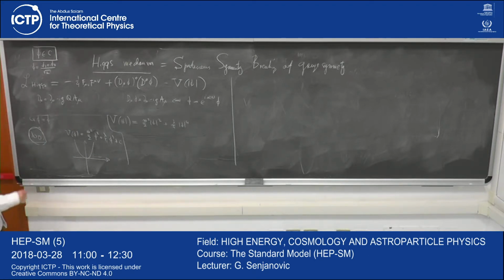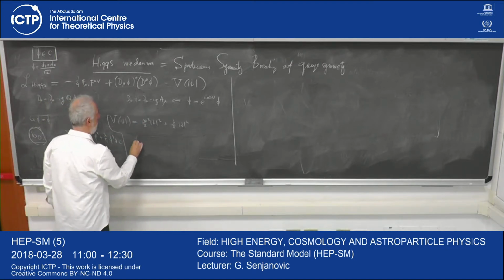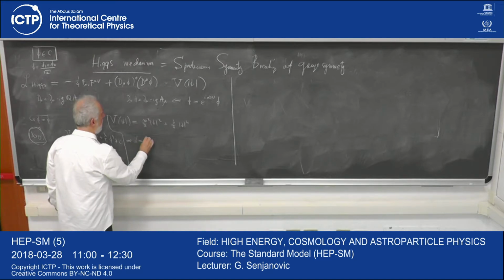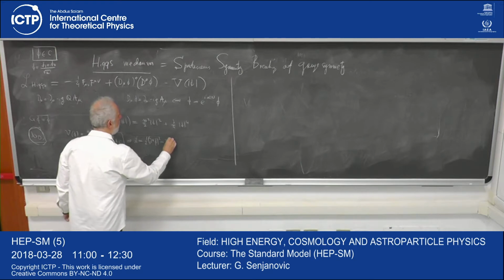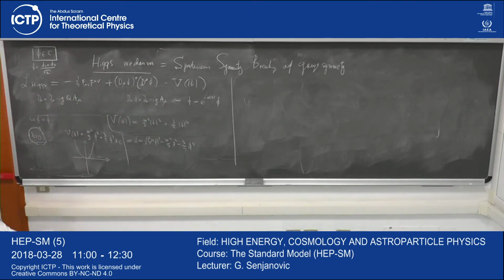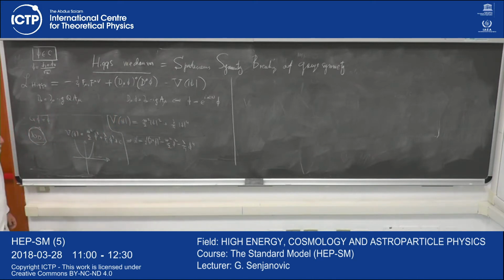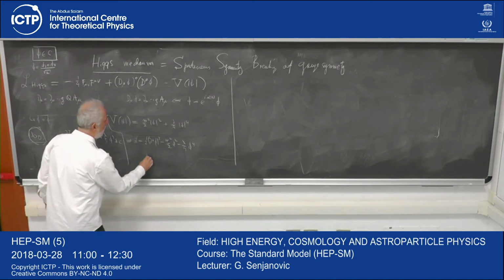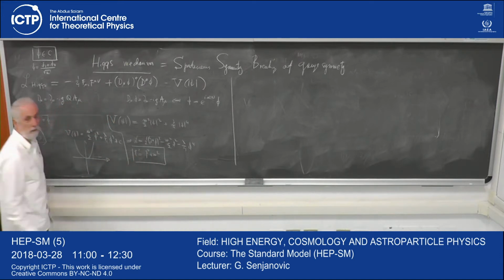M square, now how do I know what M square is? This Lagrangian would have 1/2 d mu phi square minus M square over 2 phi square minus lambda over 2 phi to the 4th. I'm just doing for simplicity 1 field, but the situation is exactly the same. Then I find out here that E square is P square plus M square, right? So M square must be positive,